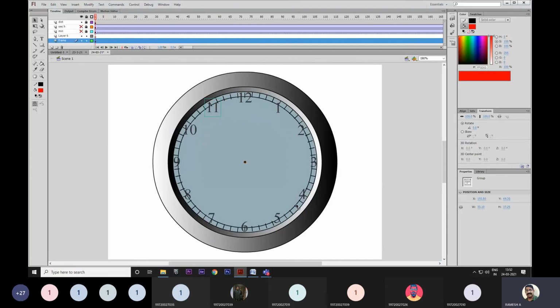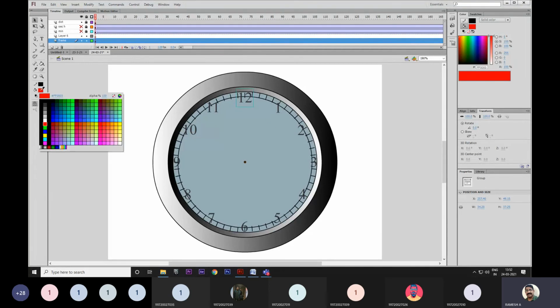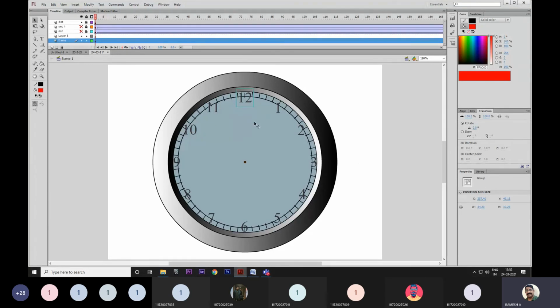Control 2 for fit window. Better we'll change the letters color, numbers color. If I'm changing color, it is coming now. Why are numbers 2 and 3 changing the color?